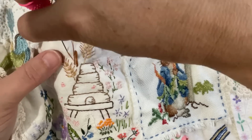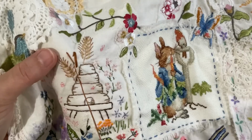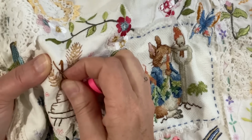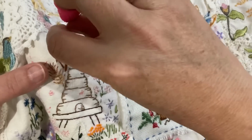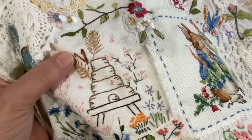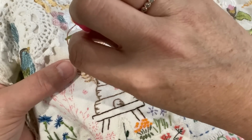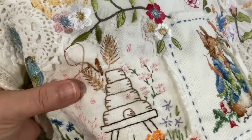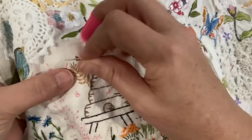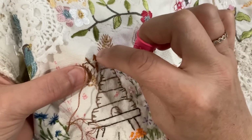When you're freestyle stitching like this, use your thread by just laying it down on the fabric to tell you quickly where it's going to lay. That way you've got a bit of an idea before you actually lay the stitch down. This one I've done a little bit thinner. I haven't quite connected the top stitch to the bottom. That's too thick. I don't like it. I'm going to unpick that, guys. It just needs to be 2